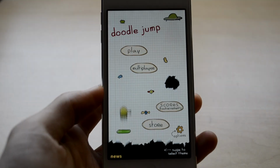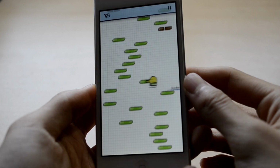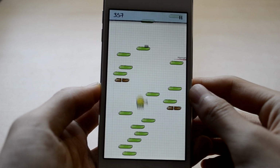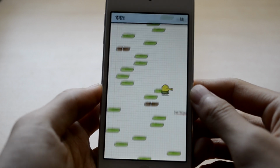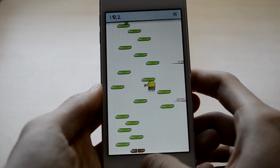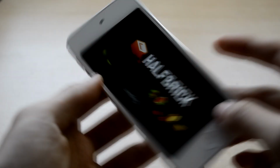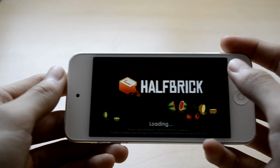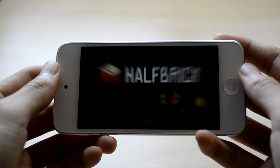And now I'm going to show you a little footage of gaming on the iPod Touch 5G. Thanks to the A5 dual-core chip, the iPod Touch 5G can run most games in the App Store, including all the graphic intense games. So playing Doodle Jump can be beneficial because the screen is longer and you can see more steps up high. And let's open up Fruit Ninja and I'm just going to show you a little gameplay of my crappy skills of slicing